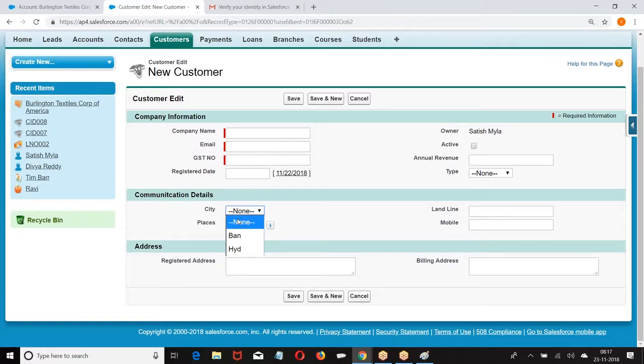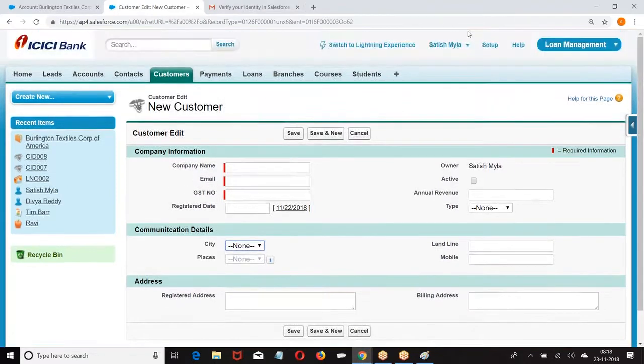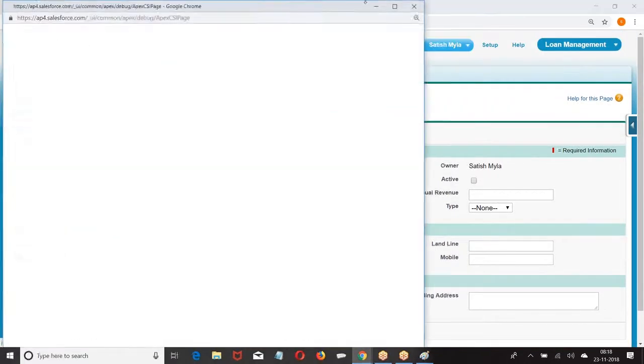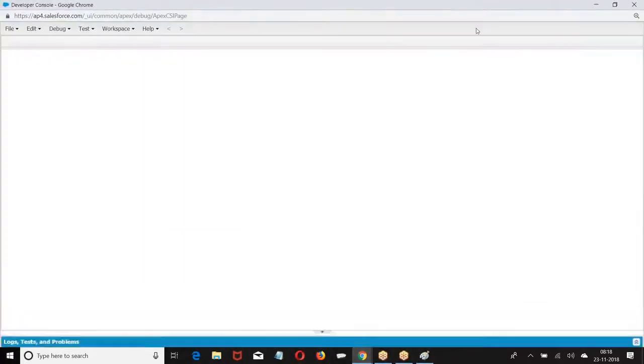So, what is the concept of page layout? Page layout specifies how an object should be visible to a profile. What is page layout going to control?